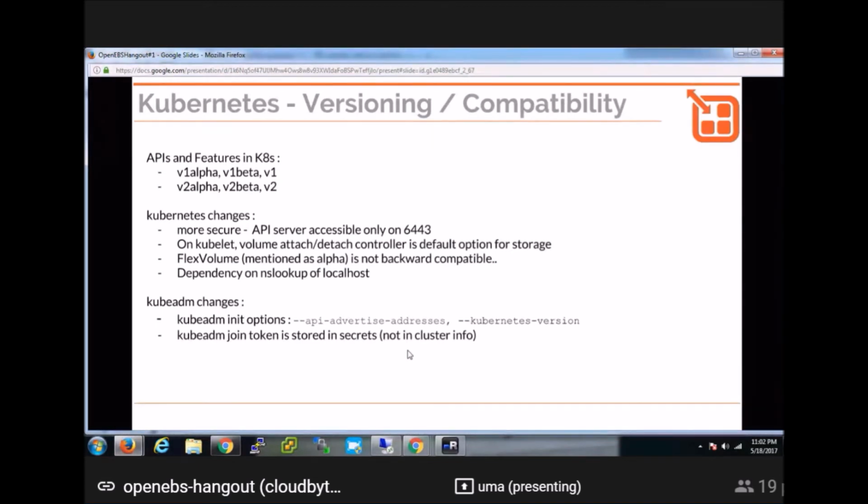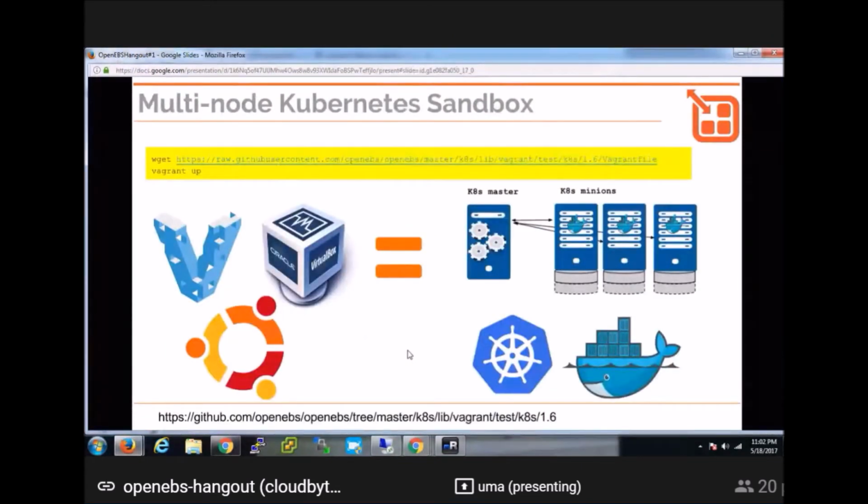Similar to Kubernetes, kubeadm also has a lot of alpha and beta features, and they keep changing the options to use for certain parameters, right? So we had this situation where we wanted to make the release of 0.2 with everything working fine, and then 1.6 releases and it stops working. That's when we felt the need for creating a reproducible sandbox Kubernetes environment, which can work every time you run it. So what we came up with is basically